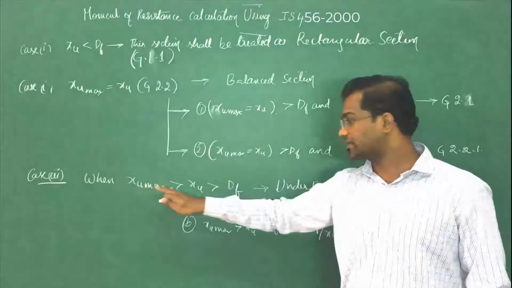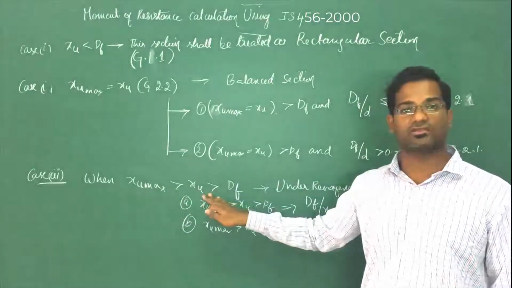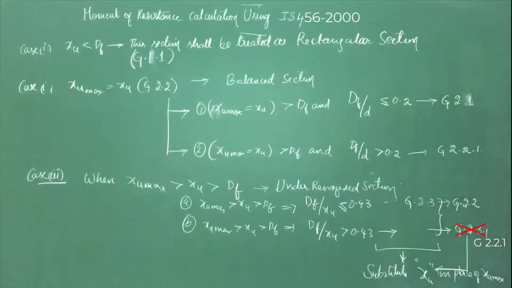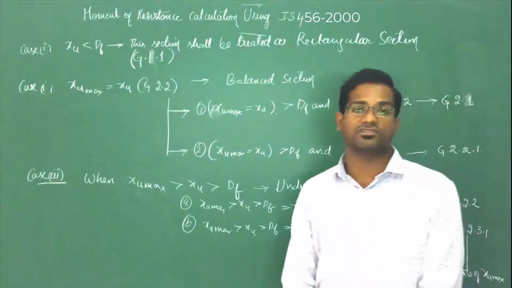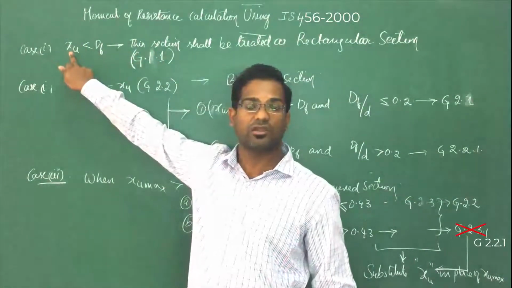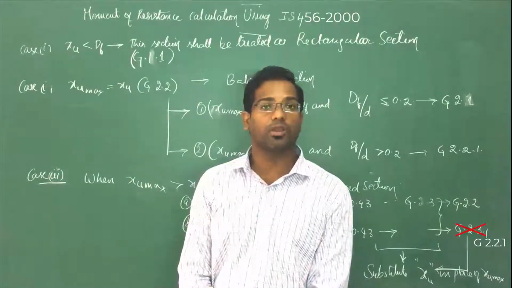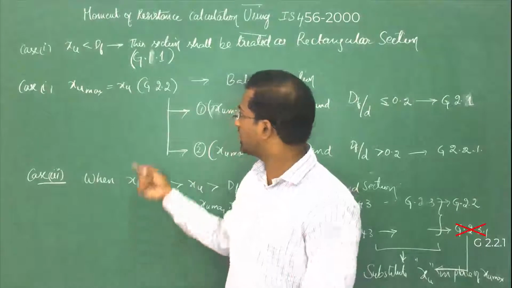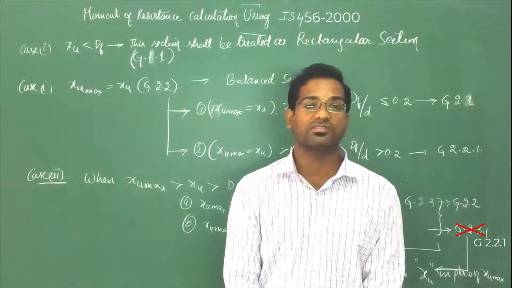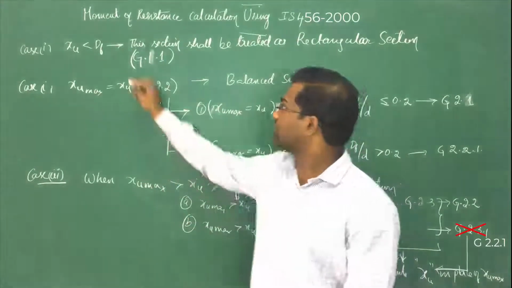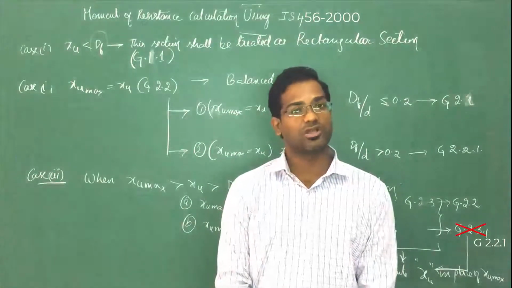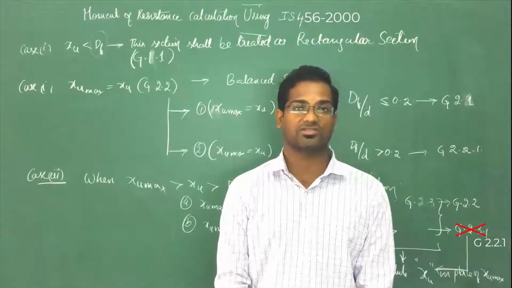And if Xu max is greater than Xu and greater than Df, then you have to use subsequent equations as said in the clause. So, in order to calculate the moment of resistance of a T-beam, you need to calculate the neutral axis, which is even given in clause number 1.1.a. Then you need to calculate the limiting neutral axis, which is given in clause number 38.1, page number 70. Then you should compare the results with Df, which is provided in the equation, and choose the appropriate equation for moment of resistance calculation.